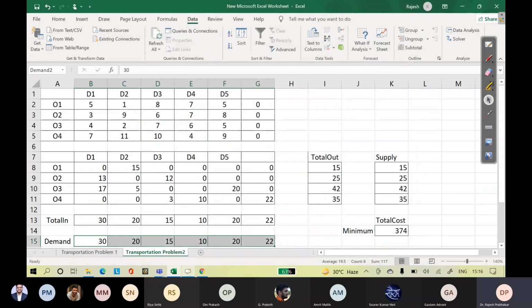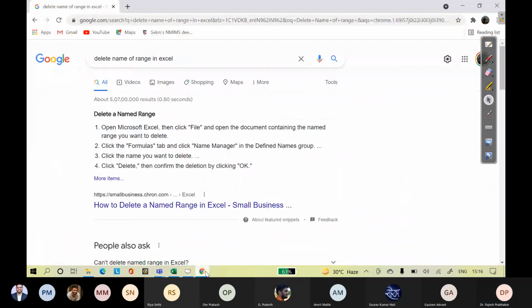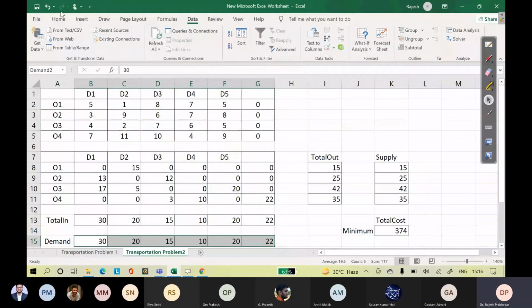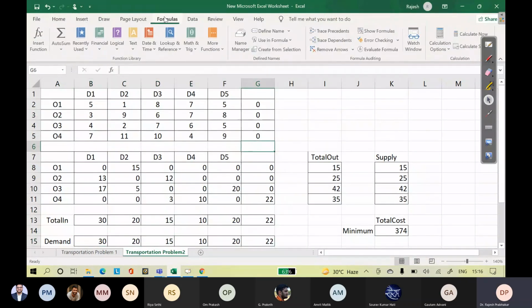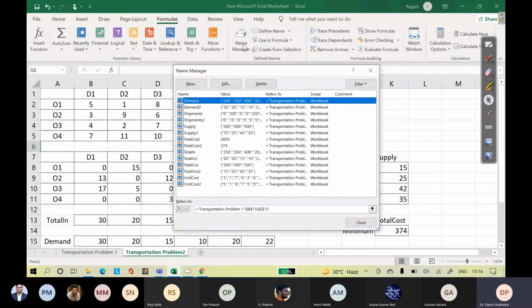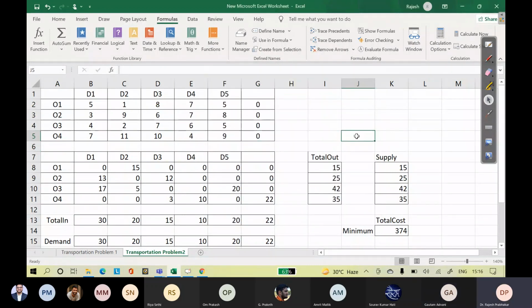No, not that. You have to go to the Formulas tab. In the Formulas tab, you have Name Manager. See, you can delete from here. Got it? Understood, sir.